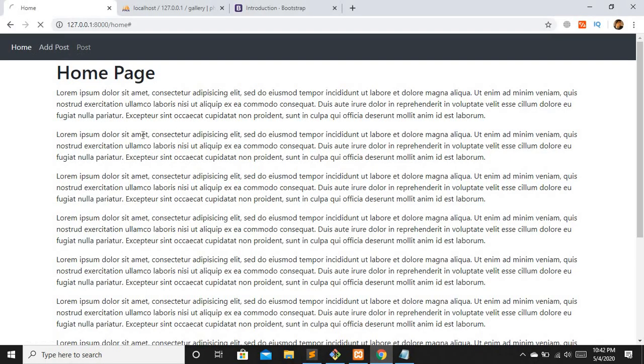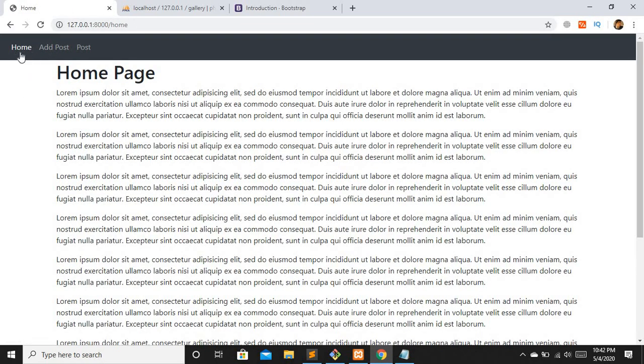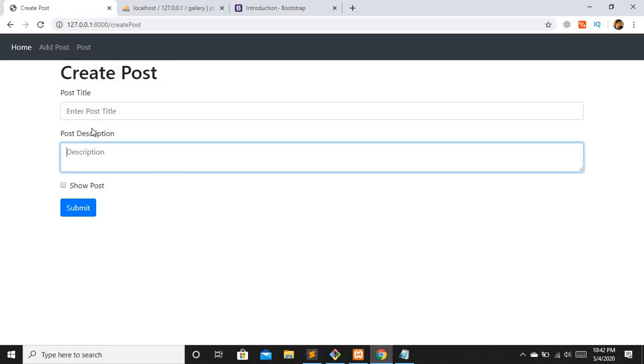Okay, now let's refresh. Add post, and we are redirected to our add post page. Home page, and we are redirected to our home page. The remaining pages we are going to create as we go forward. For now this is enough, and in the next video we are going to see how we can validate our post request, pass data to the controller, validate the request